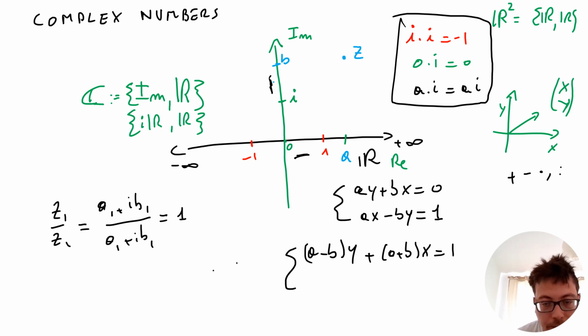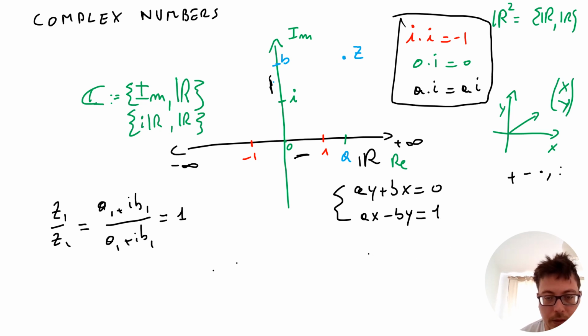And also we know that ax minus by is equal to 1. Okay, so I hope I'm not making this a mess. No, I am making this a mess. But anyway, I don't remember how the other way. I don't want to do it now. I should have done it before. Let me give you the solution,